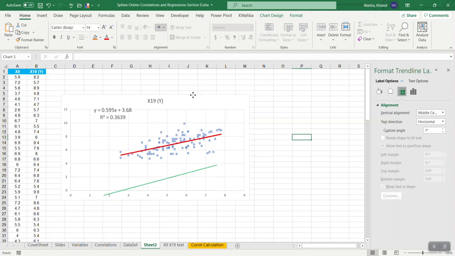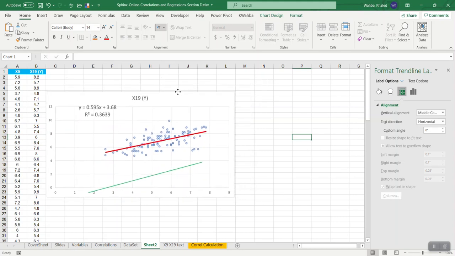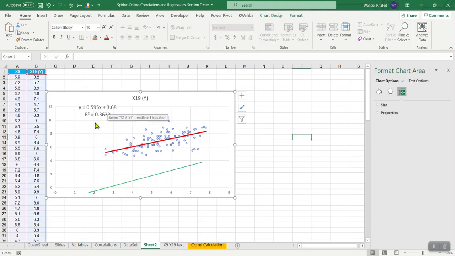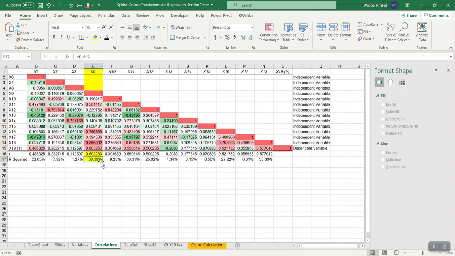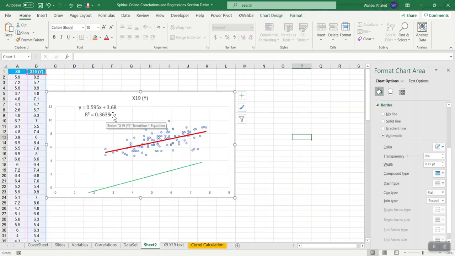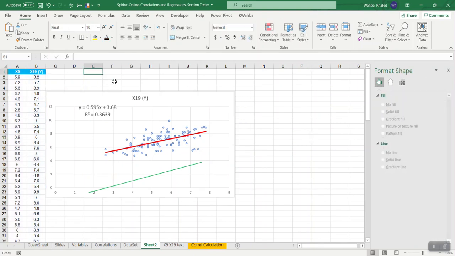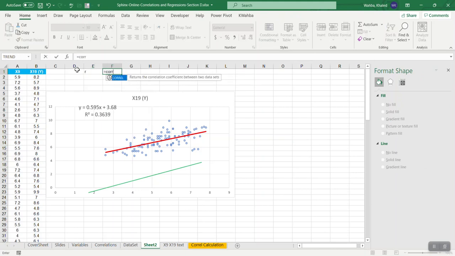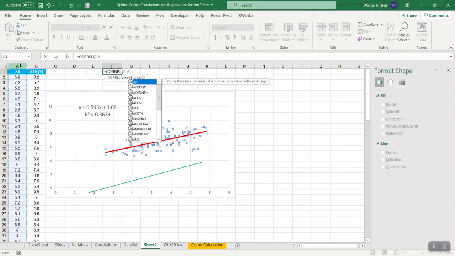So if you want to see where the R square is, this value, if I go back to the correlation here, you will see this is the 36.39. So if you want, we can calculate it here. R, I'm gonna put R here, equals correlation between X and Y,